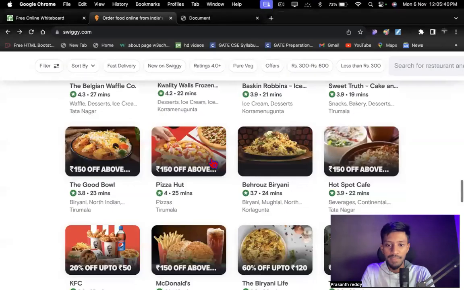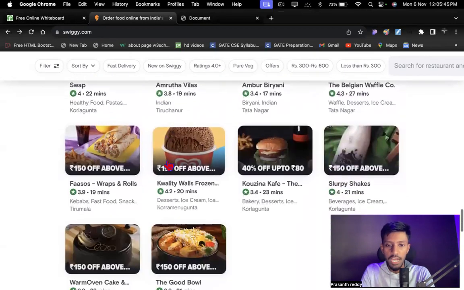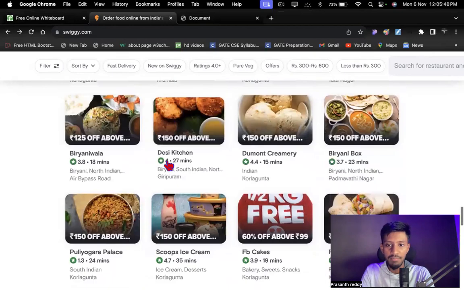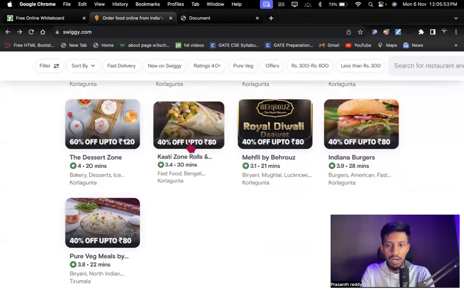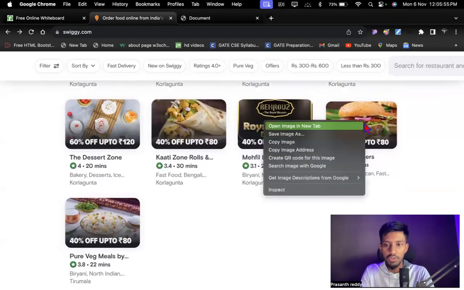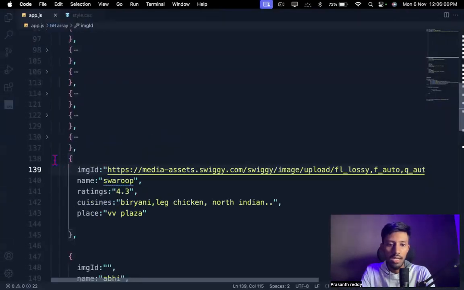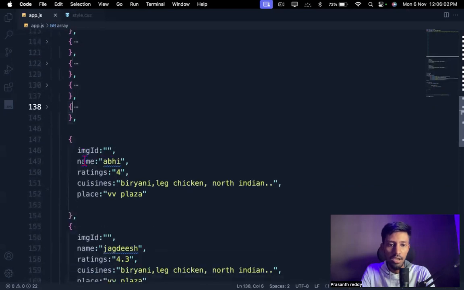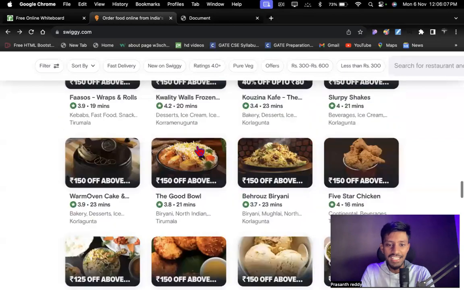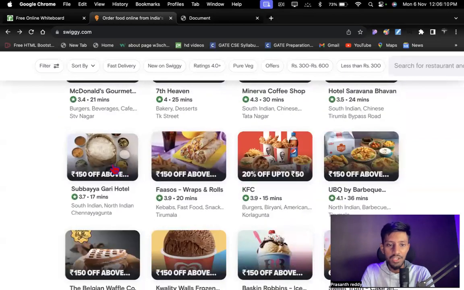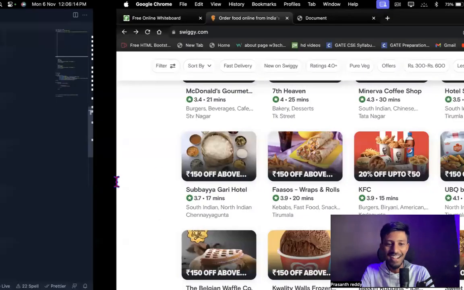Swaroop. What do you need, Swaroop? Let me give any Swaroop with S name. Sorry. Swaroop. India's burger. Swaroop, I'm giving you this India's burger. Copy image address. India's most kept secret. Okay. Hurry, how many we have? Last two, but not least. Last two guys. Let's take these random names. Okay. Subayagari Hotel. Let's give it up. Subayagari Hotel. Copy image address.